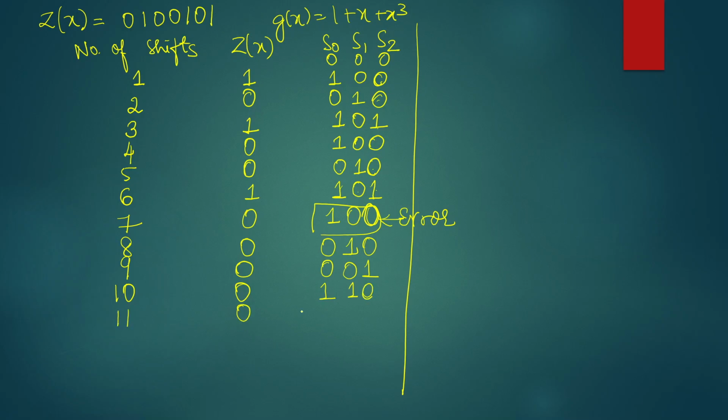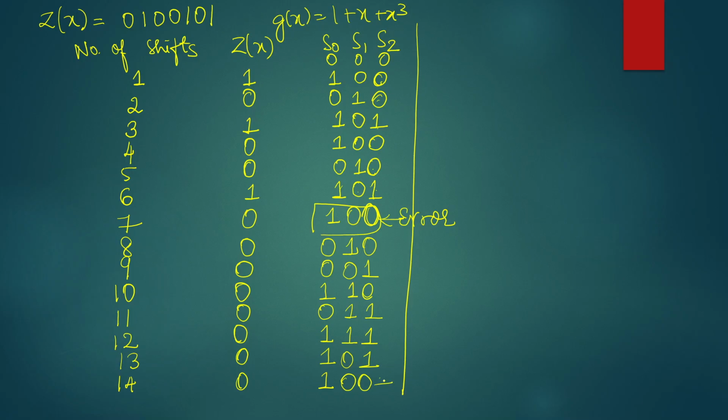The 11th shift, again 0. 0 plus 0 is 0. 1 plus 0 is 1. 1 gets shifted to the right, it is 1. 12th shift, 0. 0 plus 1 is 1. 0 plus 1 is again a 1. 1 gets shifted to the right, so it is all ones. 13th one, putting again a 0. In the 13th shift, you will see 0 plus 1 is 1. 1 plus 1 is 0. 1 gets shifted to the right. In the 14th shift, again you will put a 0. 0 plus 1 is 1. 1 plus 1 is 0. 0 gets shifted to the right.